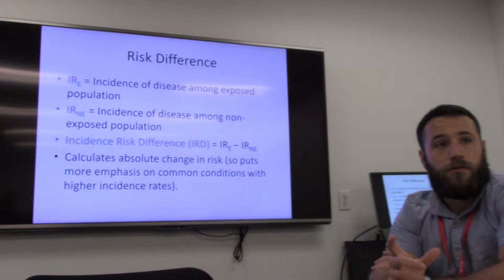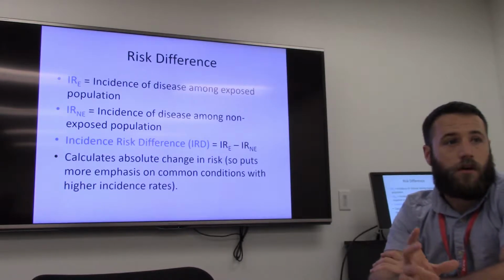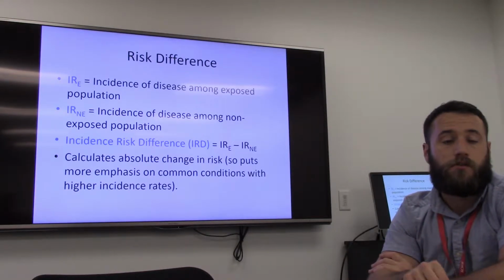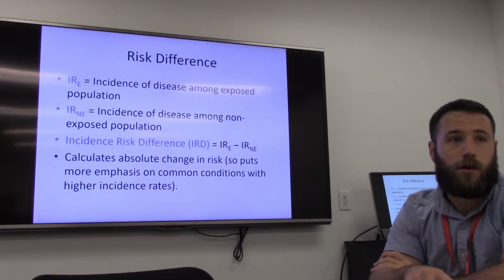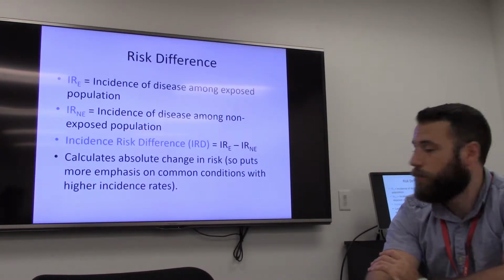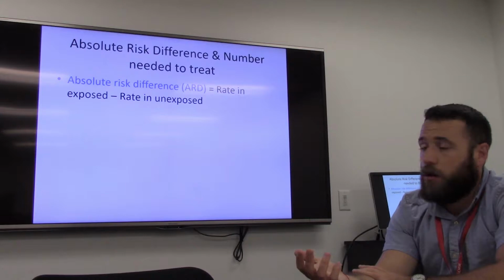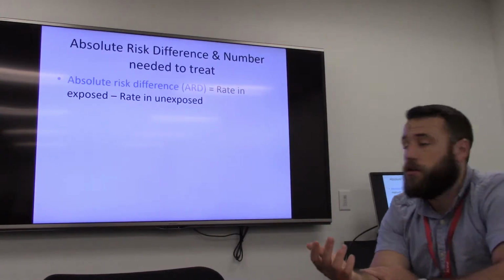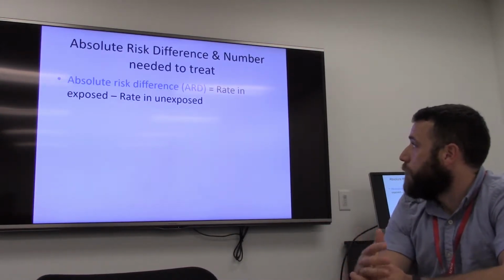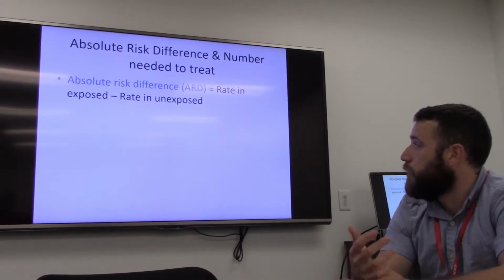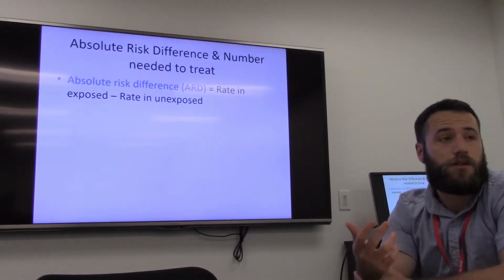This is an absolute change, so it's not a relative calculation. It's the absolute change in risk based on exposure or not exposure. Another way of calling this is the absolute risk difference. Again, it's the rate in the exposed versus the rate in the unexposed. So rate is another way of saying